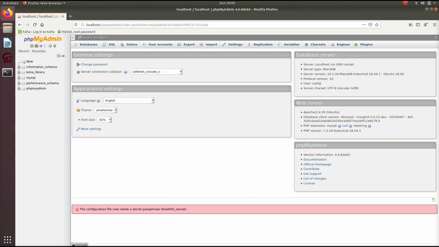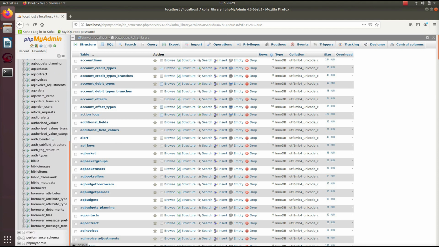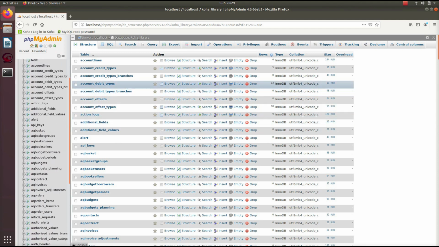This phpMyAdmin interface will allow you to go around and do whatever you want. You can see all the tables. You see here the Koha_library database, and here you can see all the tables listed in alphabetical order.